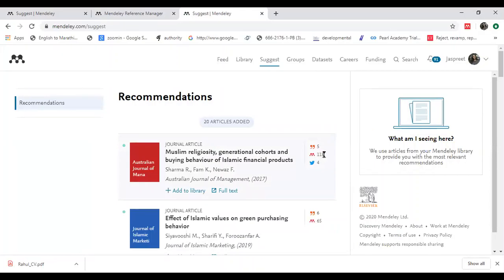For example, it says in Mendeley it has been entered by 118 people. So it says this paper, Muslim religiosity, generational cohorts and buying behavior, has been entered into 118 databases of researchers. But these 118 databases are public databases.